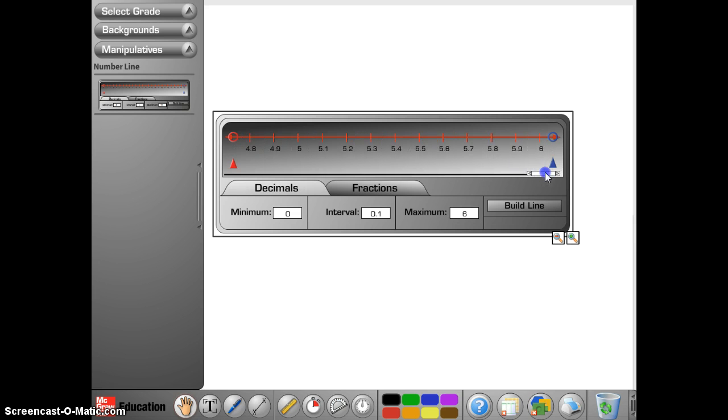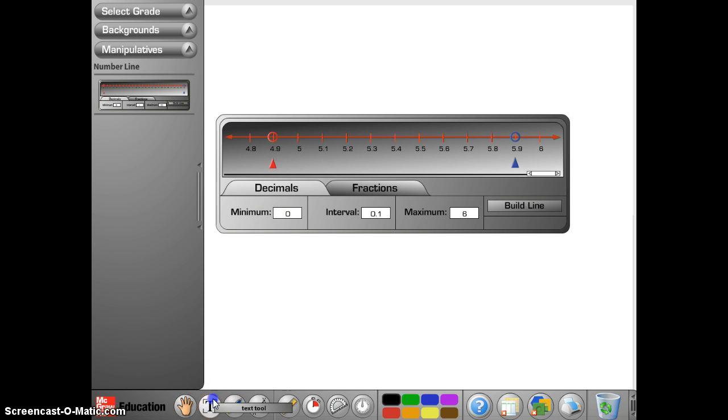So students using this tool might say, well, I want two decimal numbers that sum to 5.9. Well, they could use subtraction, or they could say, okay, well, if I go down a whole to here, so 1 whole subtracted off of 5.9 is 4.9. So my two numbers could be